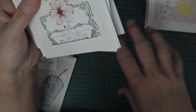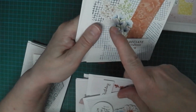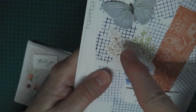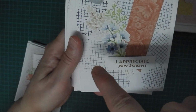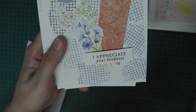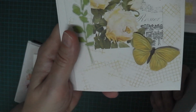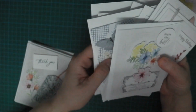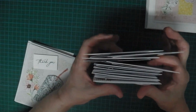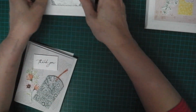So some of them I did a second generation stamp, and some of them I just stamped first generation, and some I mixed. So that's a first generation stamp. So literally stamp onto the ink pad, stamp onto the card, and then stamp again, so you get the lighter colour. And that one I think is pretty much all second generation stamping, and the same with the old olive. So I made 20 different cards,